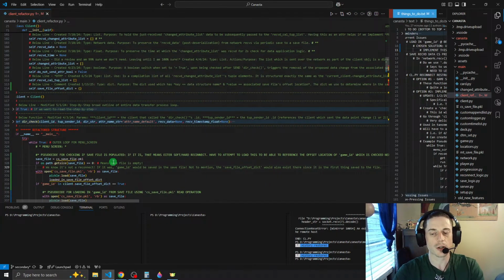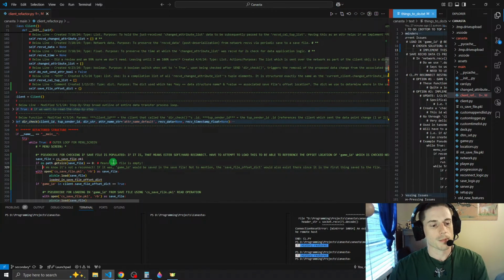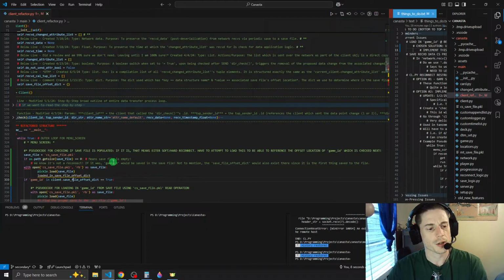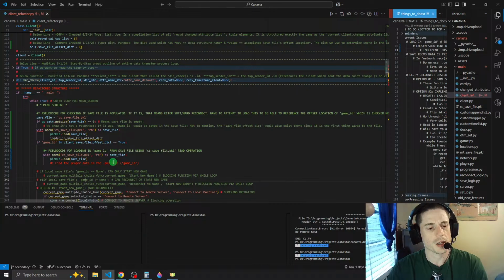So we can know to a certain extent the order, right? Like we won't always know the entire order, but we can know to a high degree a portion of the order. So we have save file equals cs save file.pkl. This needs to be in quotes. It's just a string. So if os path get size save file is equal to 0, that means it's empty. We know it's not a reconnect. So in this case, we would